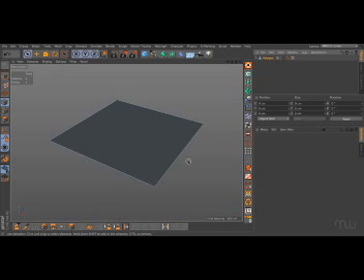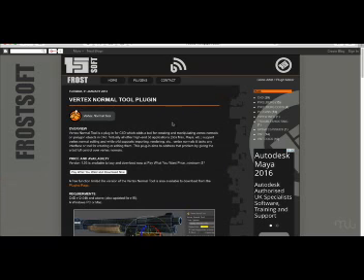Vertex normals don't really get much press in Cinema 4D, and that's because by default they are hidden from you. The only way that you can interact with vertex normals is via the Phong tag. And the Phong tag actually allows you to change the direction of vertex normals. Now, if we want to be able to see these, we need to use a plugin for this, and it's called the Vertex Normal tool, and you'll find this at